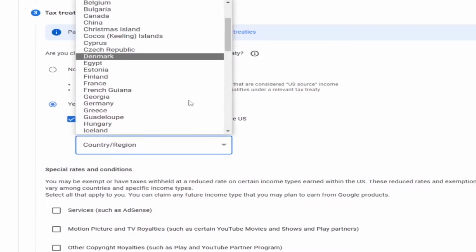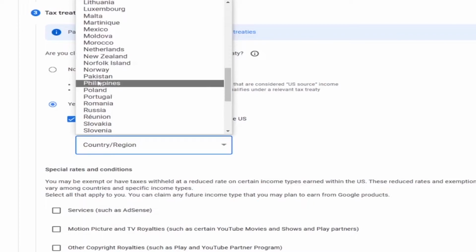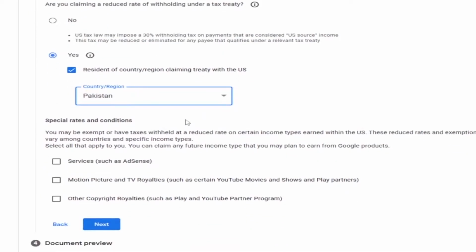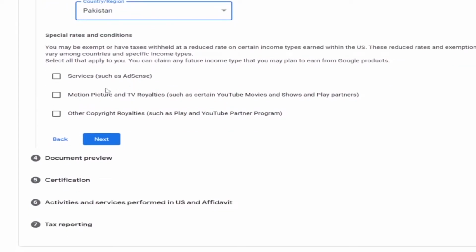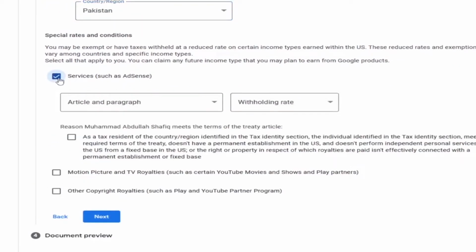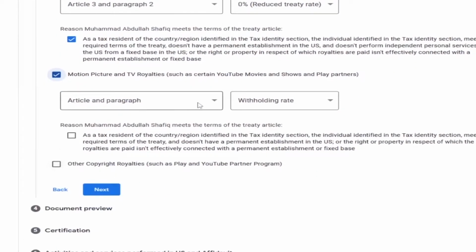Select your country. You select Google AdSense and select Article 3 and Paragraph 2 and withholding rate, select reduce 0% treaty rate and check motion picture and select no treaty for this income type and reduce rate 30% default rate. Select 30% default rate